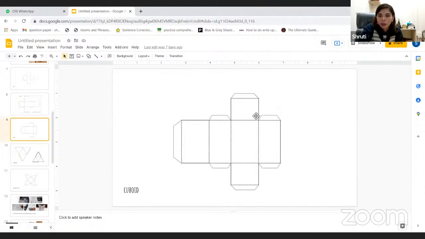So in a cube, we had a base that we were using. Here the base is this, where I'm pointing. And this is wall number 1, this is wall number 2, this is wall number 3, and this is wall number 4. Now, when you're looking at a rectangle, for example,